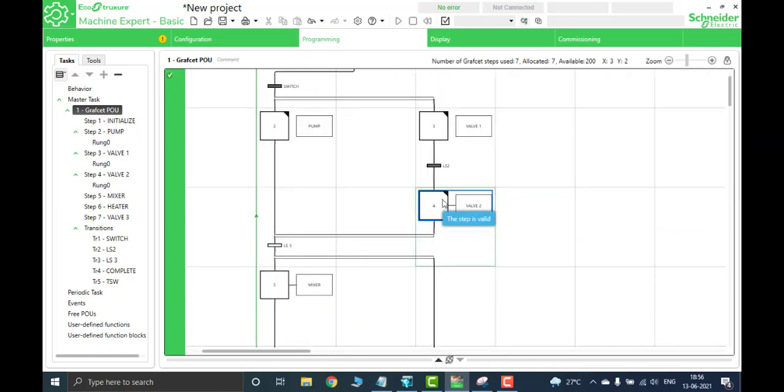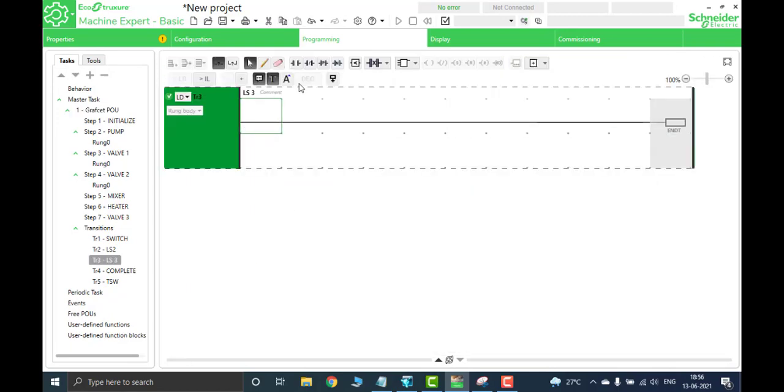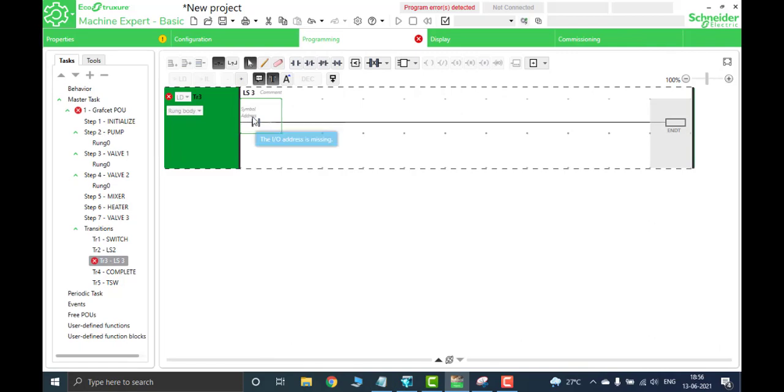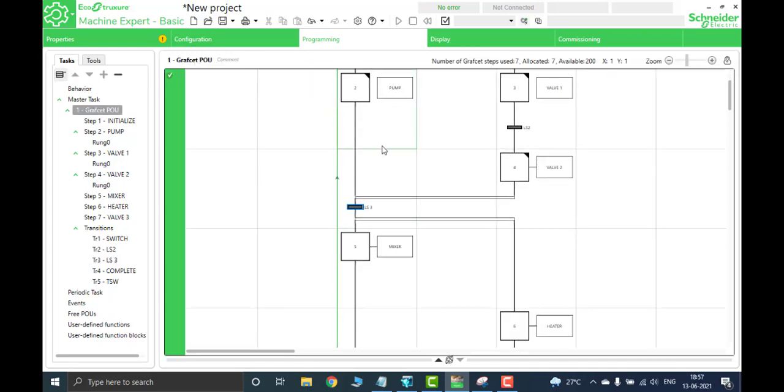When it reaches the LS2, valve 1 will be switched to valve 2. And the very next thing is the LS3. When it reaches the top level, the pump should be off and the LS3 should be on. Then it goes to the mixer and the heater transition. So this is the LS3 I'm going to hit. Here comes the LS3. So put an NO contact and you can go for the LS3, that is I0.3. So naming it as I0.3, that is the LS3, and I'm going back to the Grafcet,